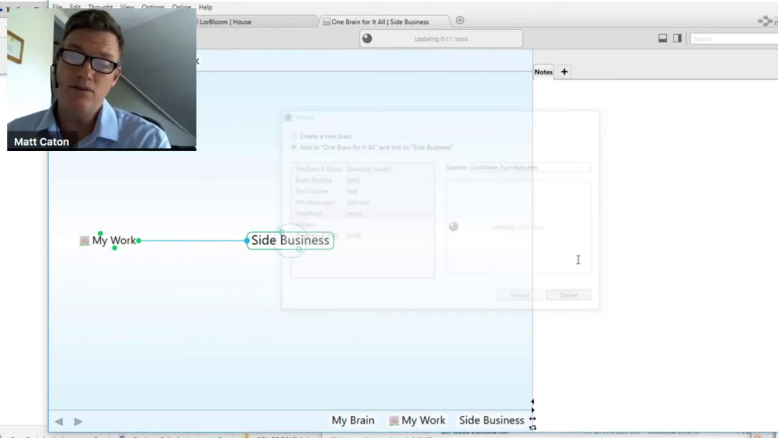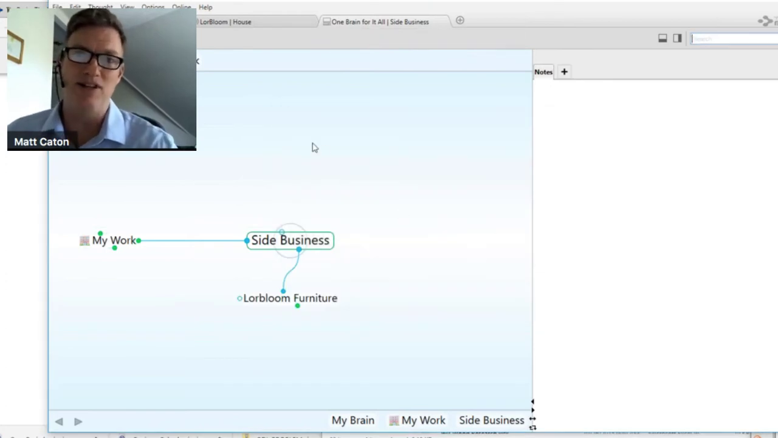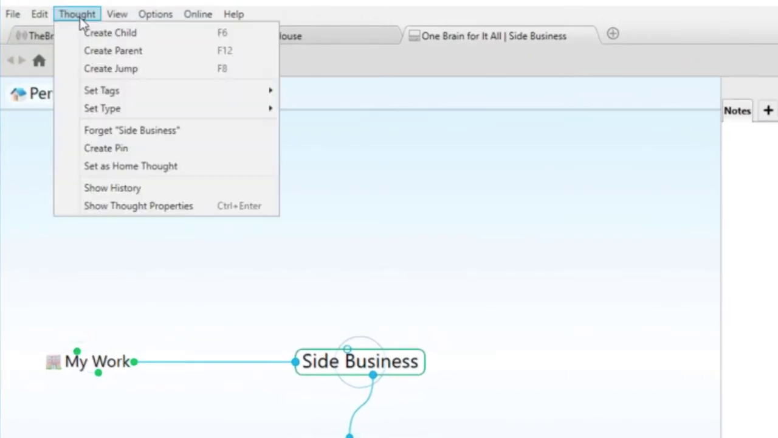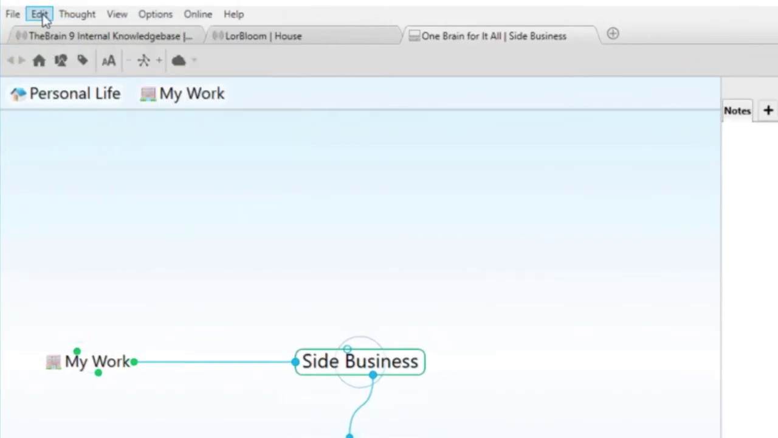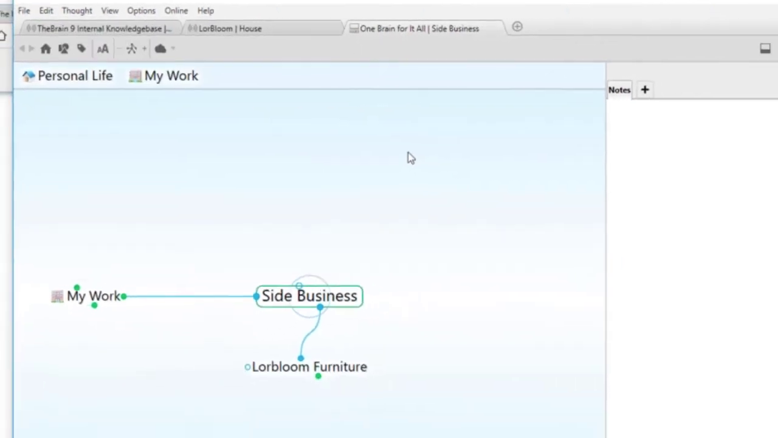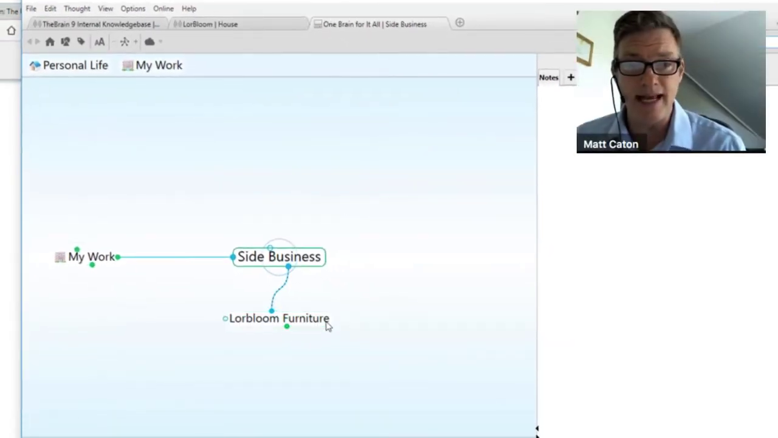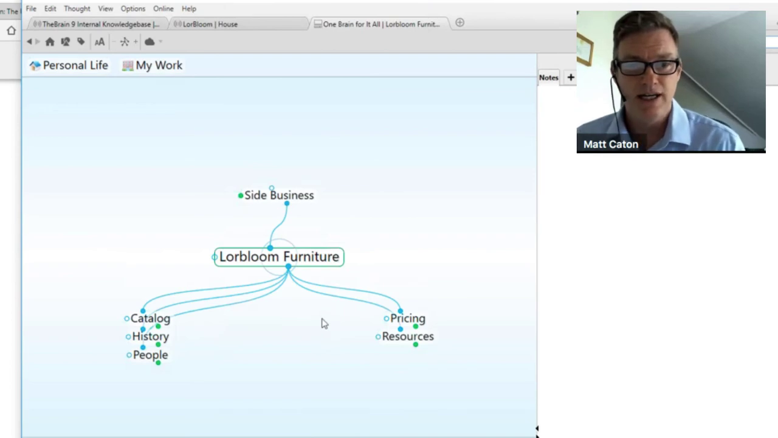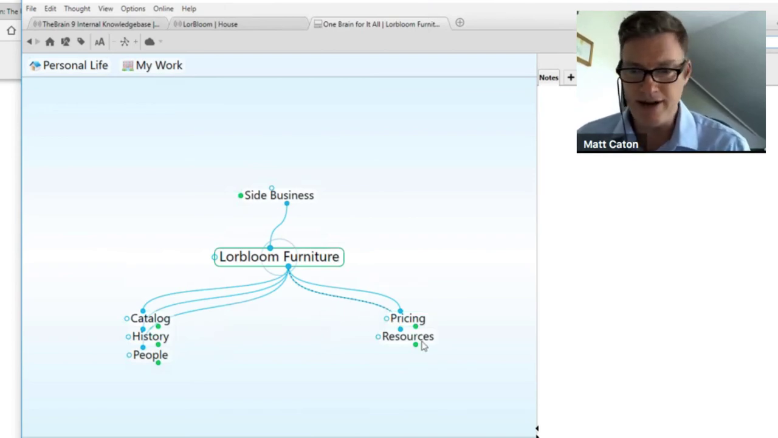There's a warning message saying, hey, you can't undo this. You actually can. The brain has a really great undo feature. If I go up to, excuse me, there it is, edit, I've got undo create thought. So I can undo that entire thought creation structure with one simple click. But here it is. It's the same brain, Laura Bloom Furniture, with all of, if I go down to resources,